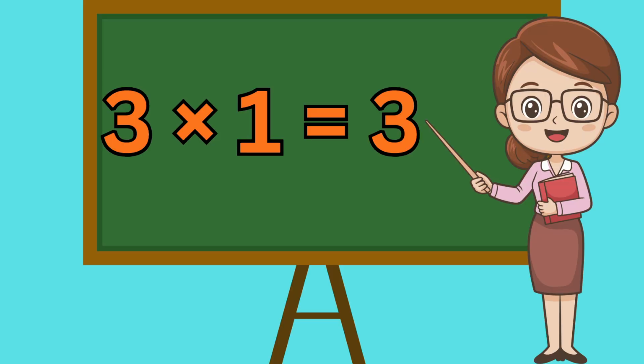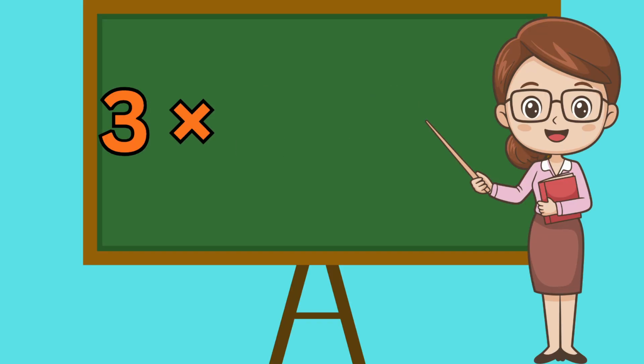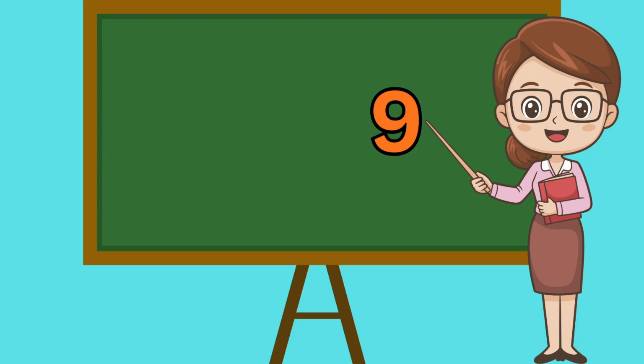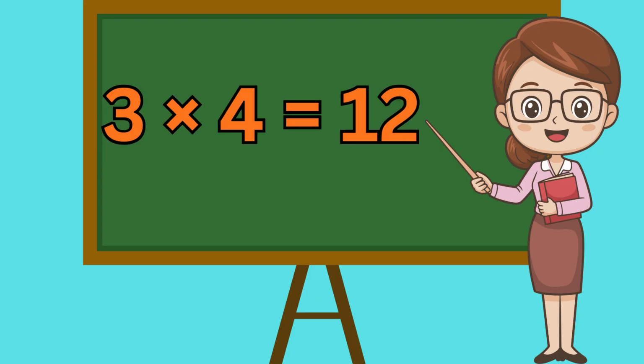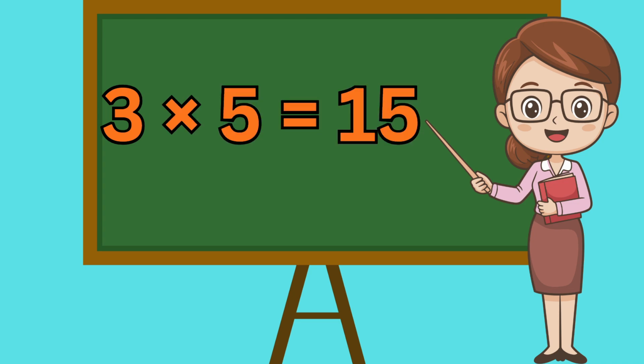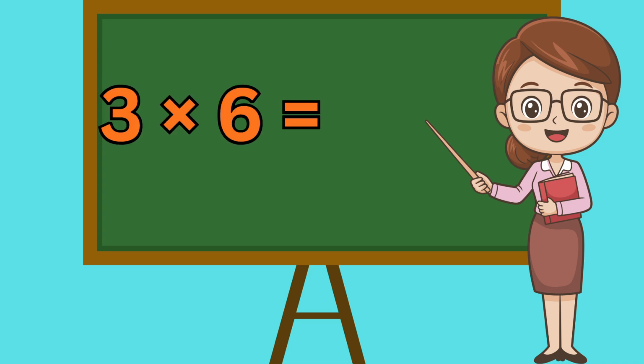Now table of 3. 3 ones are 3, 3 twos are 6, 3 threes are 9, 3 fours are 12, 3 fives are 15, 3 sixes are 18,